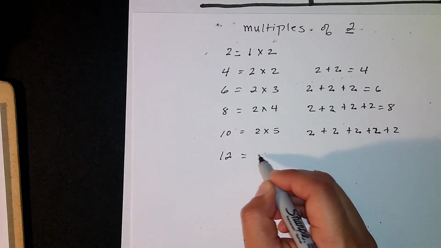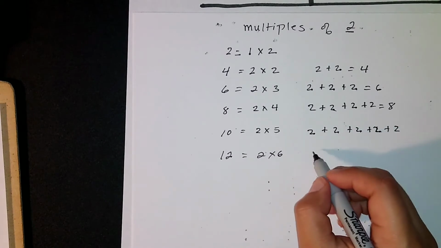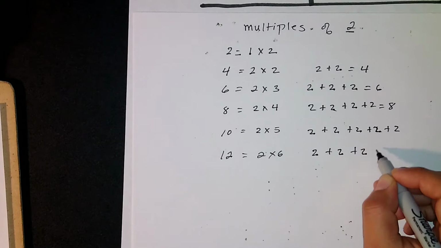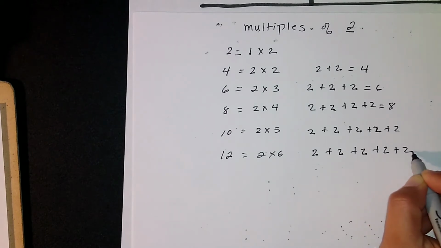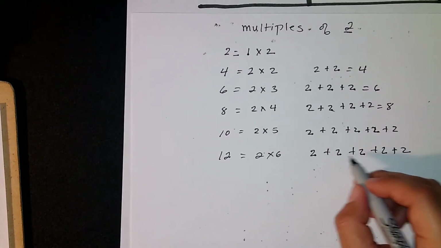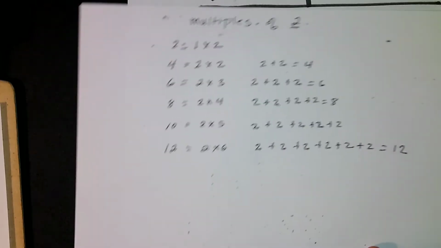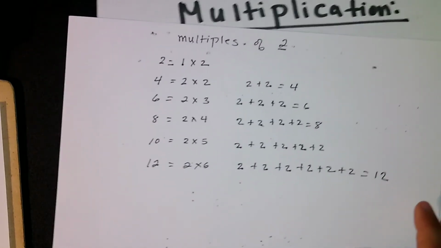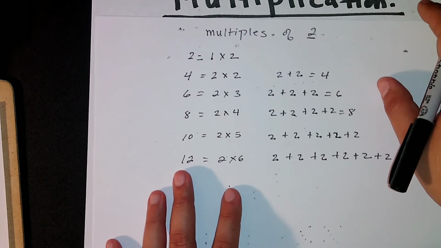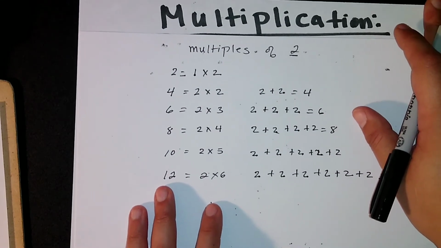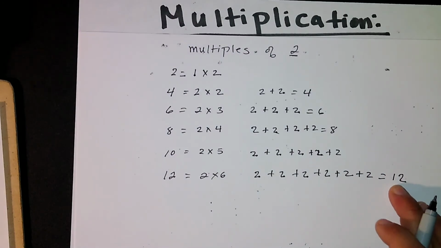12. 2 times 6. 2 plus 2 plus 2 plus 2 plus 2. 1, 2, 3, 4, 5, 6 is 12. Okay. That's how you start with 2, then you work your way with 3, then you work your way with 4 until you learn your multiplication tables. Now